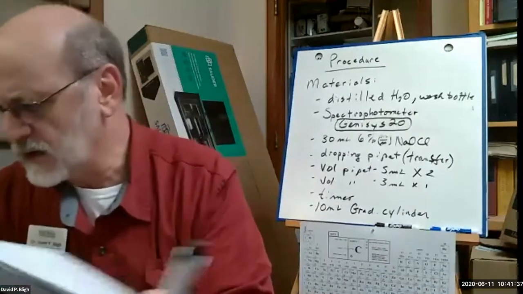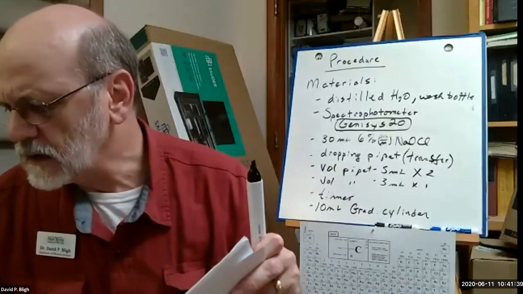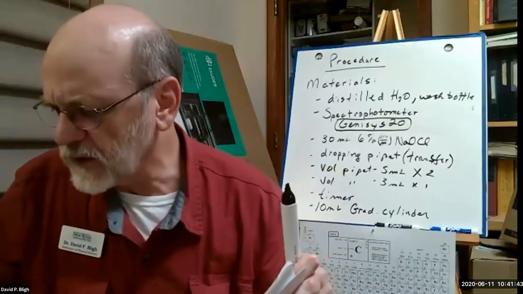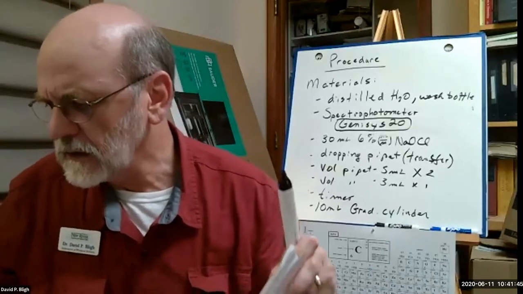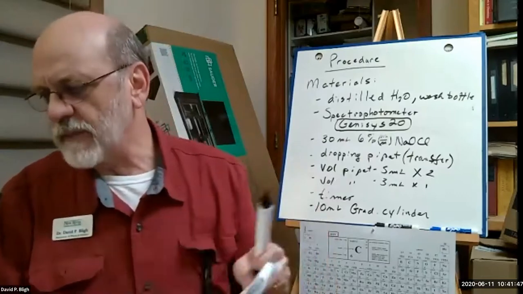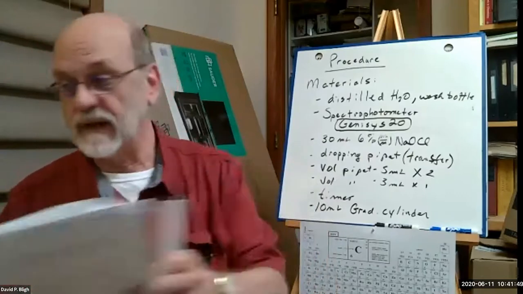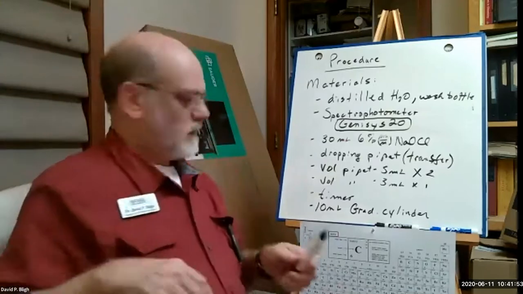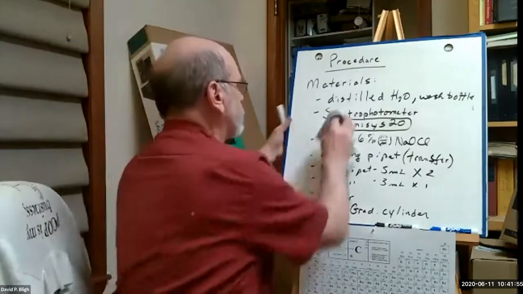So we got materials. Oh, we need to do one more thing before we start the video. Determine the number of drops of bleach that's required in 5 milliliters. Right. So all you need to do for that